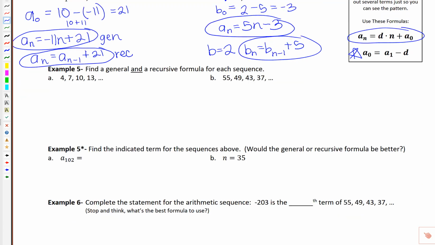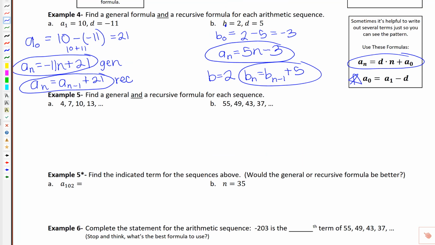Okay, so now we're going to find a general and recursive formula for each sequence, but this time they did not give us a sub 1 and d. We have to figure those out. So first let's figure out what a sub 1 is. It's always going to be our first term. So in this case, it's 4. The first term is 4. And then our difference,